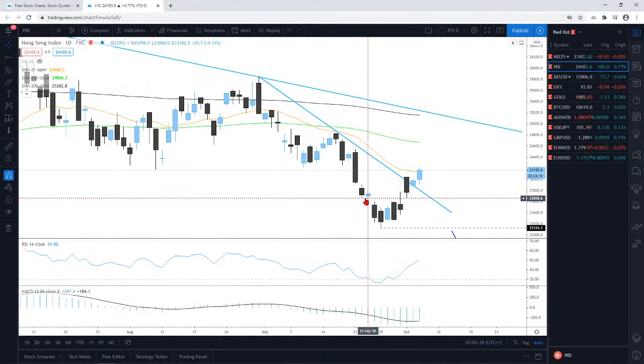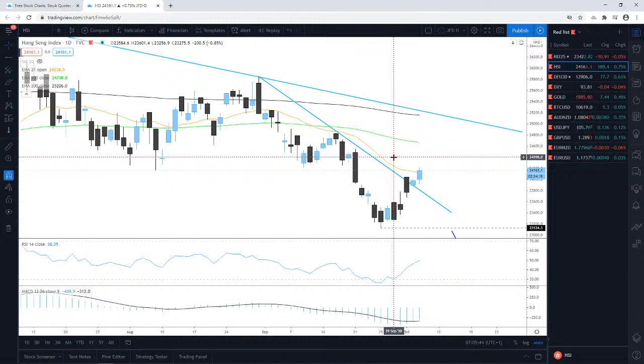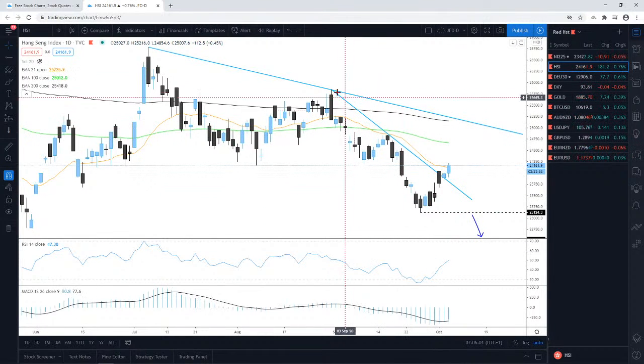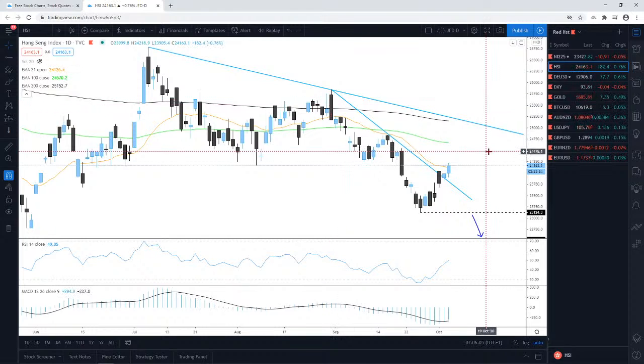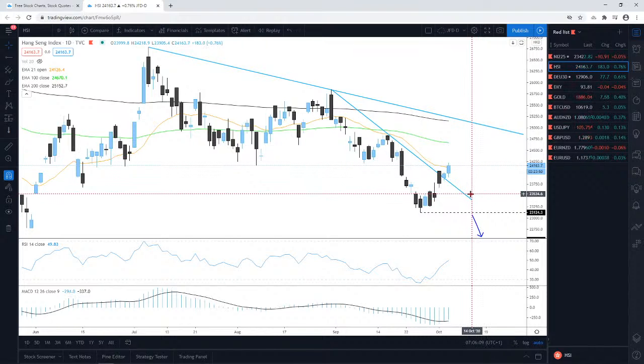Hong Kong's Hang Seng index also pushed higher. It performed much better, and it still is performing. It's still open, with a few minutes short of 55, so let's round it up to 50 minutes left of trading. In the index, you can see that it's pushing nicely above this downside line taken from the high of the 31st of August. Now, I talked about this index this week and yesterday as well, and what I was saying